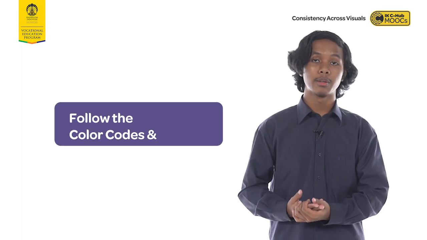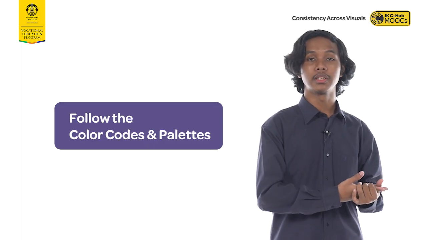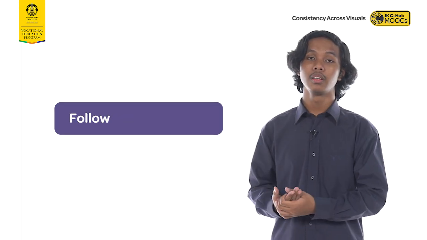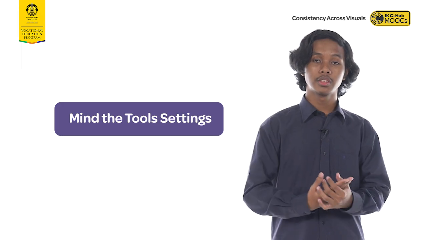2. Using a style guide. A style guide serves as a reference to ensure consistency among different assets. It acts as a blueprint for the entire visual design process, providing artists with clear instructions to follow throughout production. It includes color codes and palettes to maintain harmony across environments, characters, and UI elements, brush settings, stroke styles, and